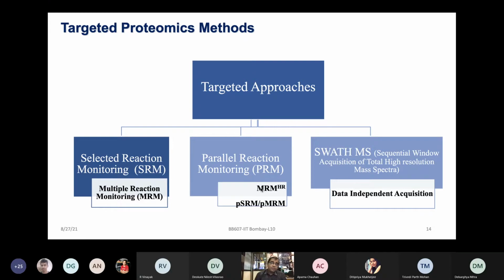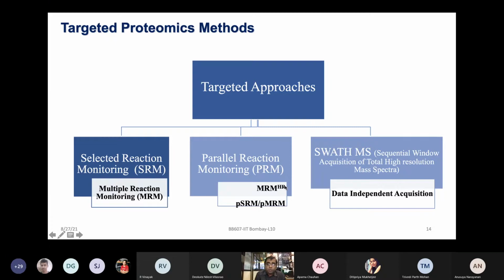Now, a similar concept done very differently using another type of mass spectrometer, known as triple TOF mass spec, which comes from SCIEX, and that is known as SWATH-MS, sequential window acquisition of high resolution mass spectra. That is a very specialized technique, which is looking at data independent acquisition. The aim is also to look at every peptide to discover the proteins of interest, but also acquire the spectra and data which can be used for validation also. But this becomes very vendor specific, so it becomes a little more limited in the approach.